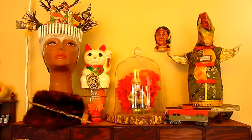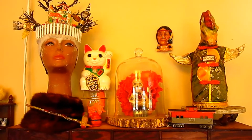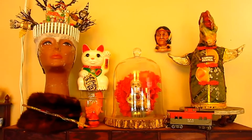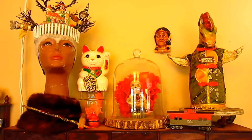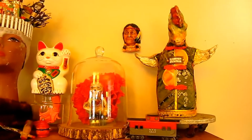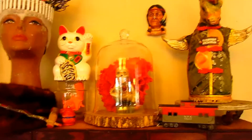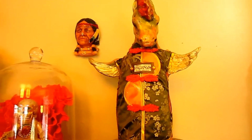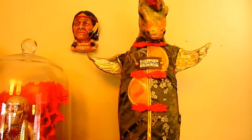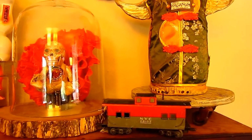So this little collection I have here, because I'm an artist and I collect art from other artists as well as have art that I have myself, I like to mix those items in with the antiques and collectibles. So in this grouping, what I've done is taken things that had mostly reds and oranges in them and grouped them together, as you can see in this little horse and the native person on the wall there. And I'm also taking some other details in. I've got glass and ceramic pieces, some plastic, some metal,